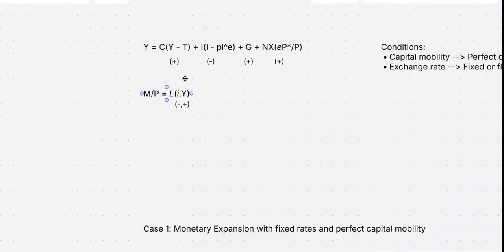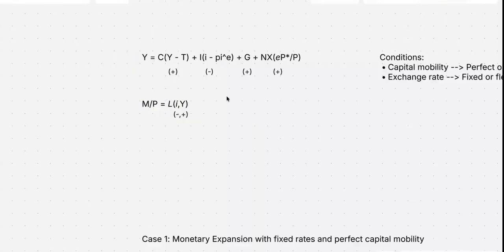And hence, the domestic residents will purchase foreign currency, which puts upward pressure on the exchange rate. So they purchase foreign currency in order to buy foreign bonds and that is where the capital outflow happens. So what happens then is that the exchange rate goes up because they buy a lot of the foreign